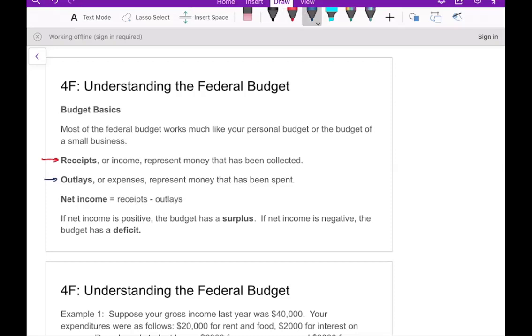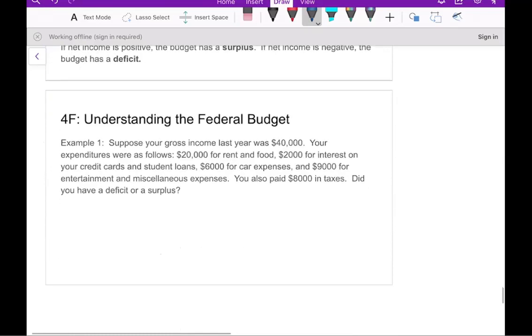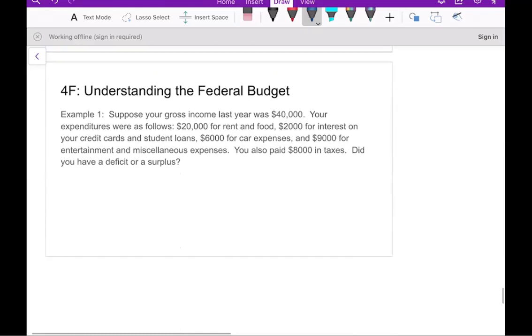And of course, this is money that's been spent. And your net income is your receipts minus your outlays, right? Or your income minus your expenses. Now, if your net income is positive, we say that the budget has a surplus. And if the net income is negative, we say that the budget has a deficit. Okay, so in this example, we're going to figure out if we have a deficit or a surplus for a